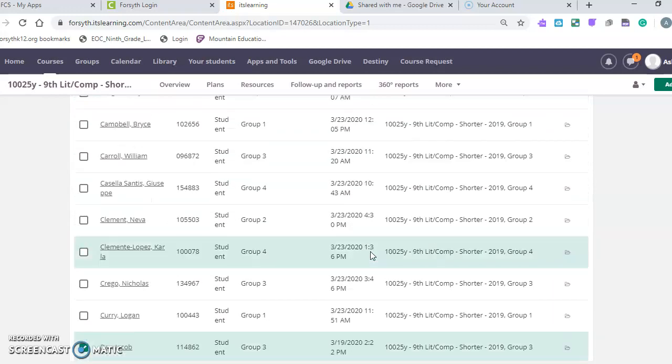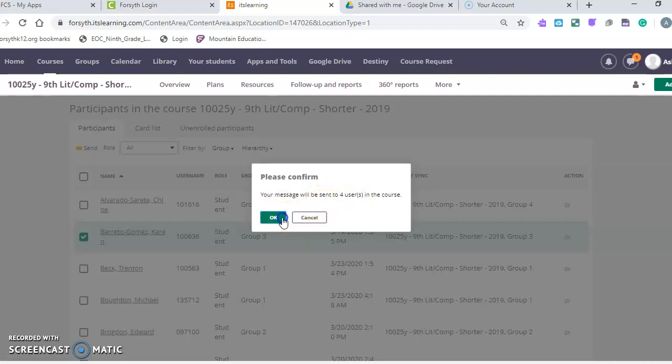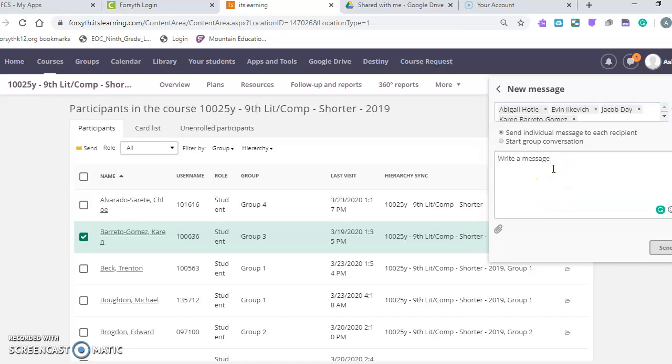Then I would come back up here to the top and I would press send message, and it's going to say 4 users in the course. I'd say okay, and then I would write them a message. So, hello student, I noticed you haven't logged into It's Learning in quite some time. Please make sure you are logging in, excuse my spelling, daily and doing your schoolwork. Let me know if you have any questions. Thank you, Miss